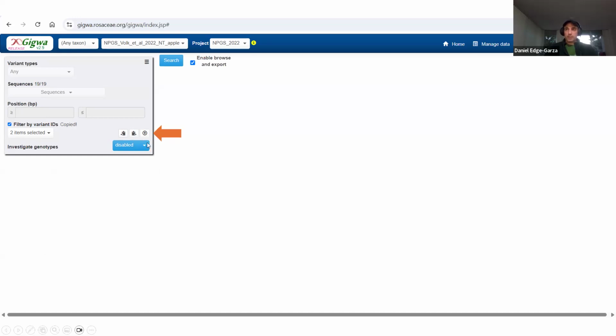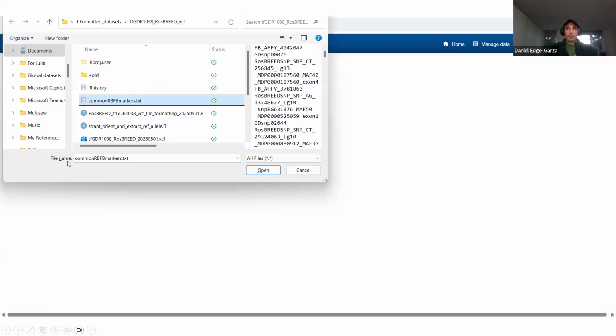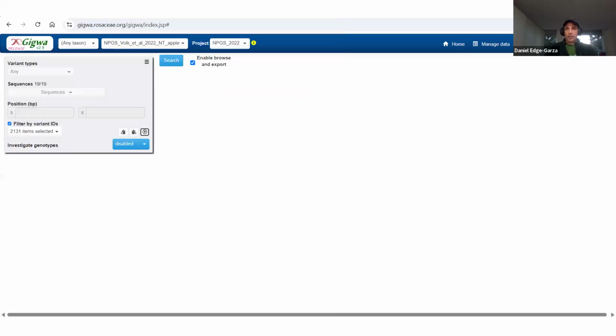This orange arrow now is pointing to the upload button. If you were to click on that, you can just upload the file itself. And here you can see I've got a text file of common markers between the rose breed and the fruit podomics data sets. I've got them listed as 1 marker per row. I do not have a title or a header for that row. It's just markers alone. And when I load that in there, it updates to show that I've now got 2,131